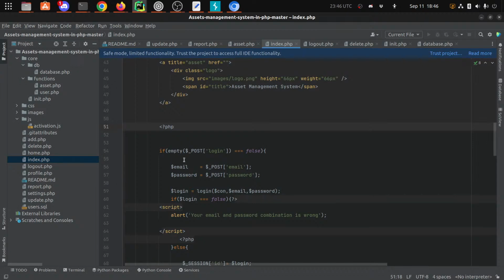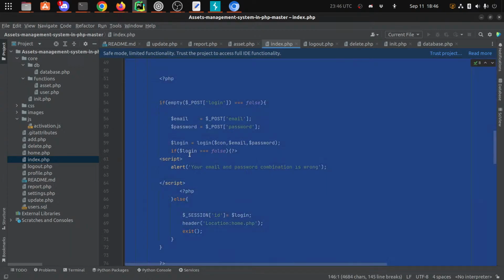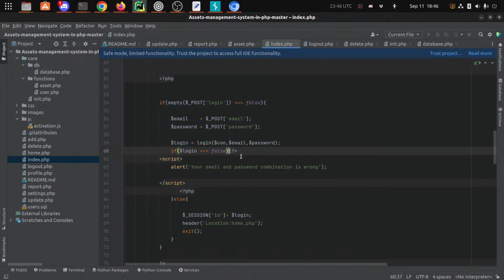If empty, post login equals false. Okay, so I'm guessing that means if the post variable called login is not empty, because we're checking for false. So if we are handling a login post, then email equals post argument email, password equals post argument password, login equals call the login function, con email password. If login is equal to false,